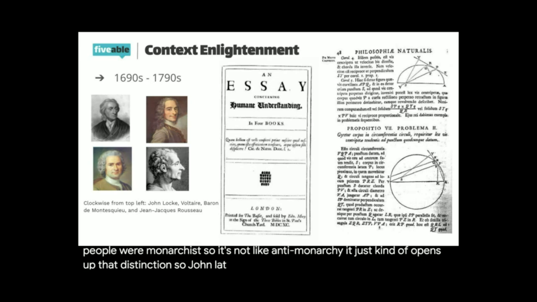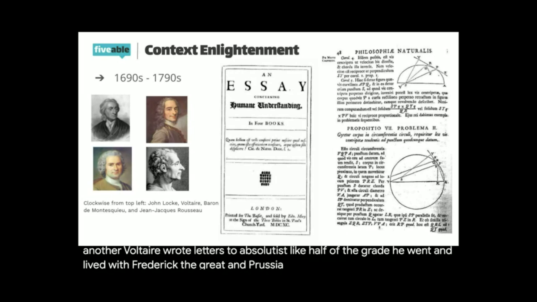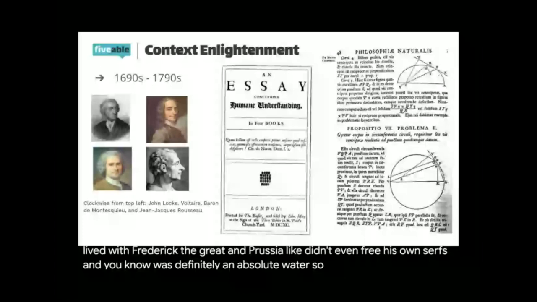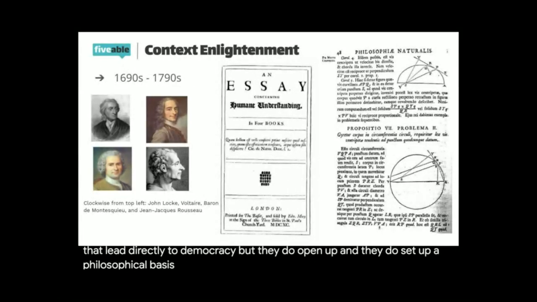So John Locke, for instance, wrote his social contract in order to justify removing one king, but then replacing that king with another. Voltaire wrote letters to absolutists like Catherine the Great. He went and lived with Frederick the Great in Prussia, who didn't even free his own serfs, and was definitely an absolute monarch. So it's not that these things lead directly to democracy, but they do open up questioning, and they do set up a philosophical basis for challenging